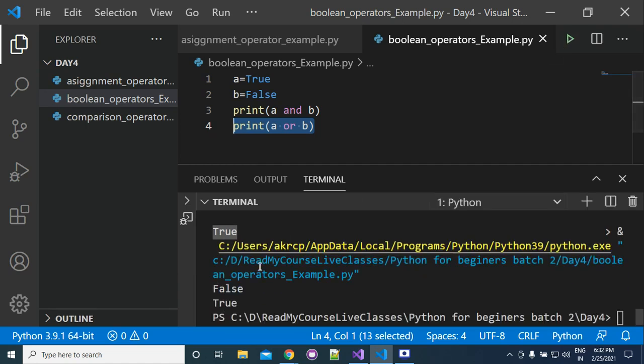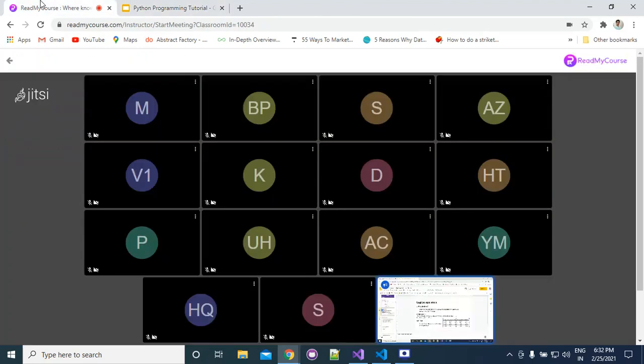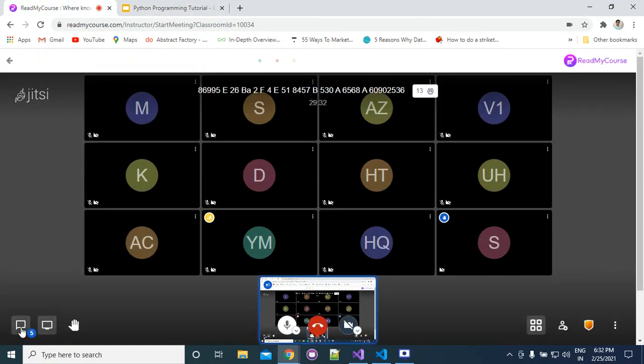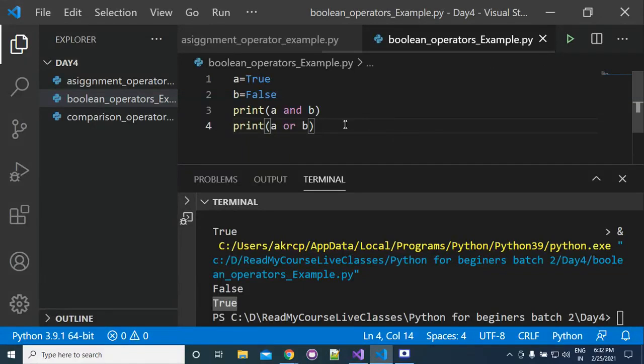So now if you run it, the first condition is false and the second is true. Yes, correct. Suppose that I write false here. So next, what will be the answer?